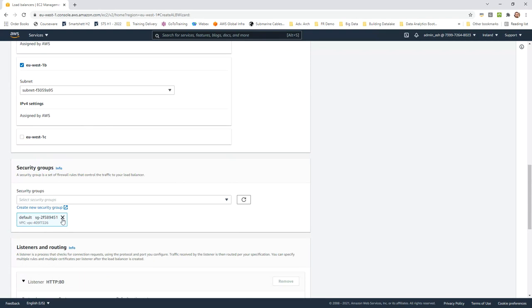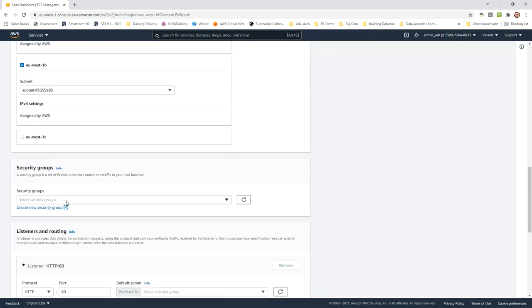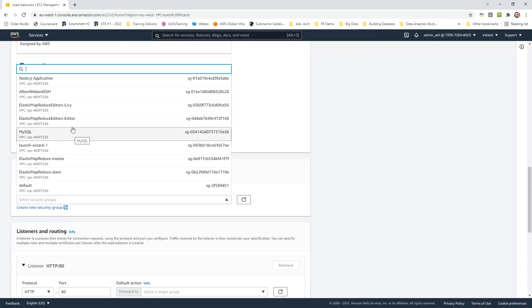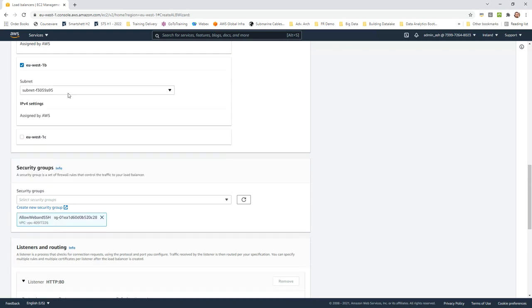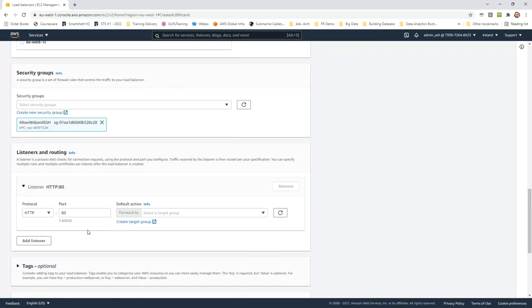Then you will add a security group. Default is being added. If I want to add my own security group, I can add. Let me add here maybe something allowing web and SSH. So that will allow web and SSH traffic to my application. Here I am defining a listener. So when I receive a request, that request will be on port number 80, where I would forward it to. That forwarding backend is called my target group. And if I had a target group, it would be displayed here. Currently, I do not have a target group. So best would be that I go ahead and create a target group, and I will decide what I want to keep inside that target group.